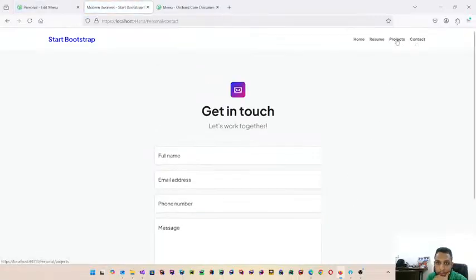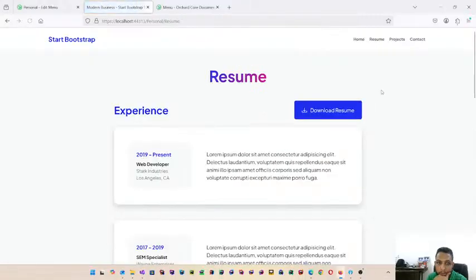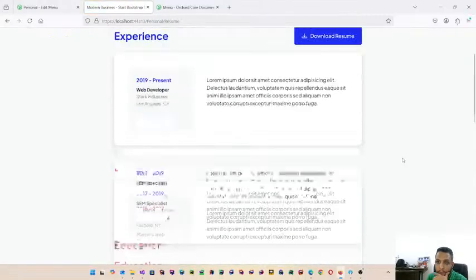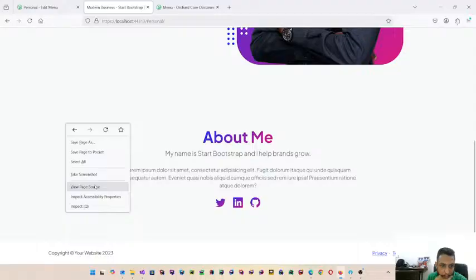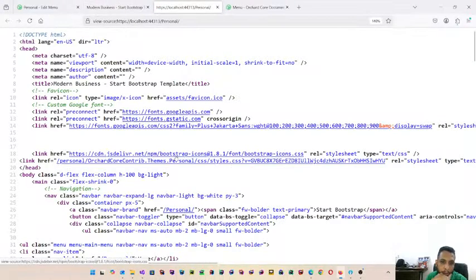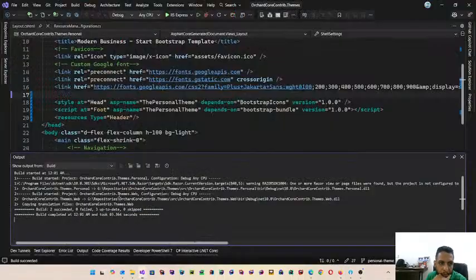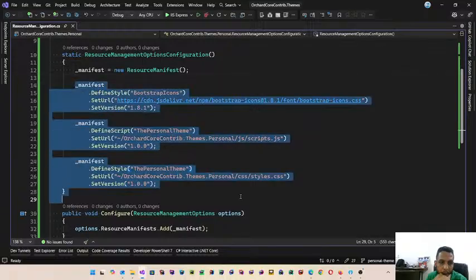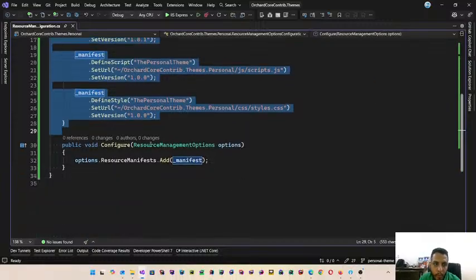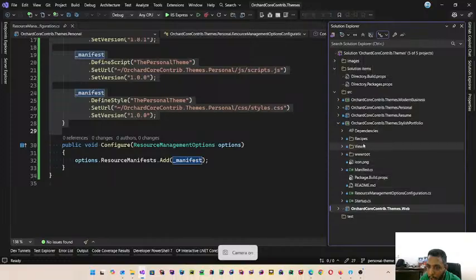Okay, contact, projects, resume, the icon is there, the home. Cool. I think we have the same thing. Style depends on Bootstrap icon. It places the Bootstrap icon style before and then later. And that's it, I think, regarding the resources. We just register all the resources on the manifest. For the famous resources like Bootstrap and Font Awesome, they are already there, like the one that we have used here,